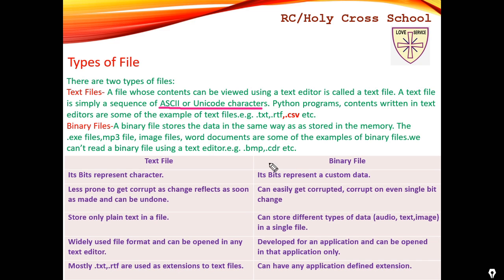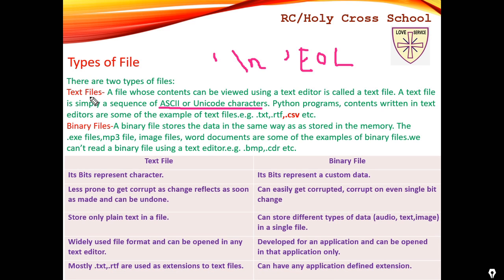characters. But here one problem is there: Python always will end each line with a character known as end of the line, slash n. This is also known as end of line. So in a text file, we are going to have a new character, a very special character, which is known as new line or end of the line.